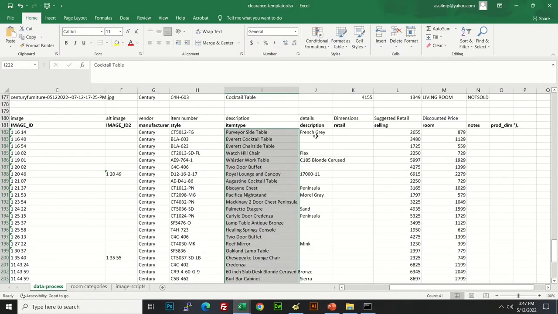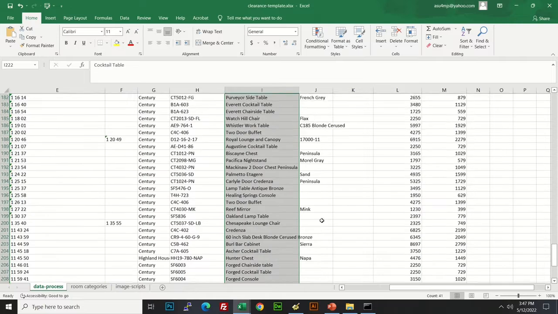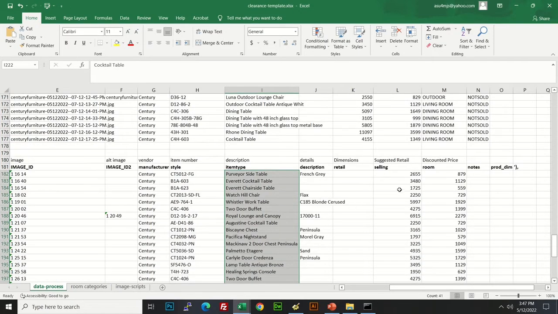Okay, in our description column, it's okay if we have characters that are not the normal letters and numbers, but for our item type, we don't want anything that's not either a number or a letter. Okay, so we're done processing the item type, and the description is pretty much done here. We don't have anything else we need to do to that, but we do need to move our pricing over